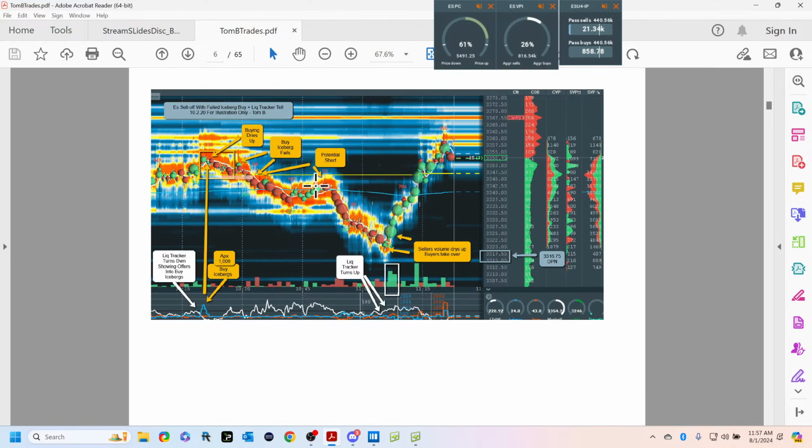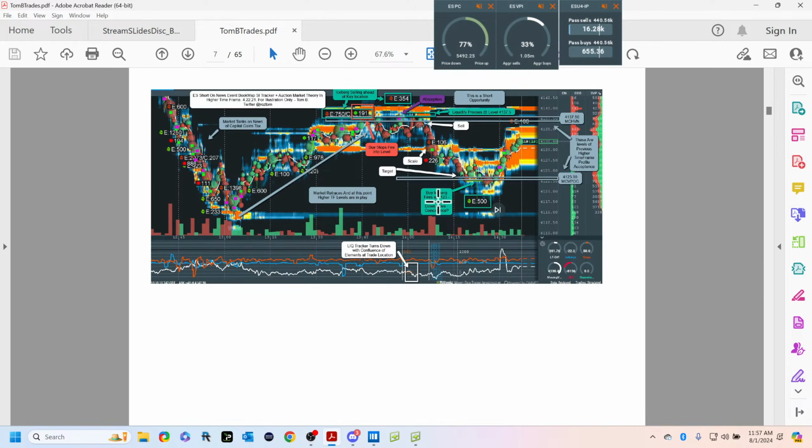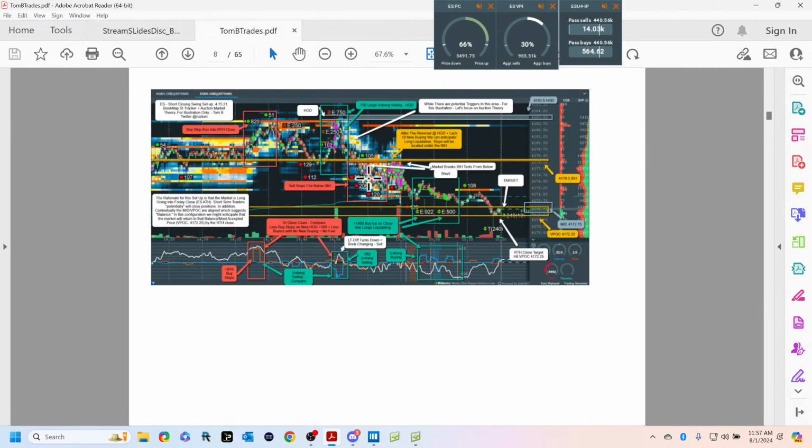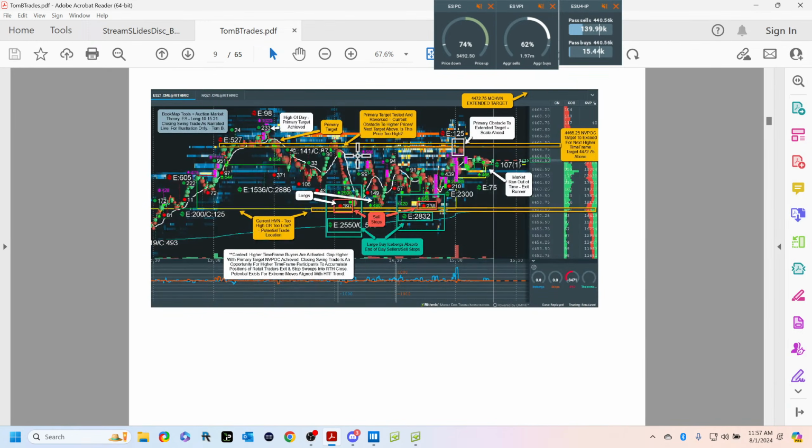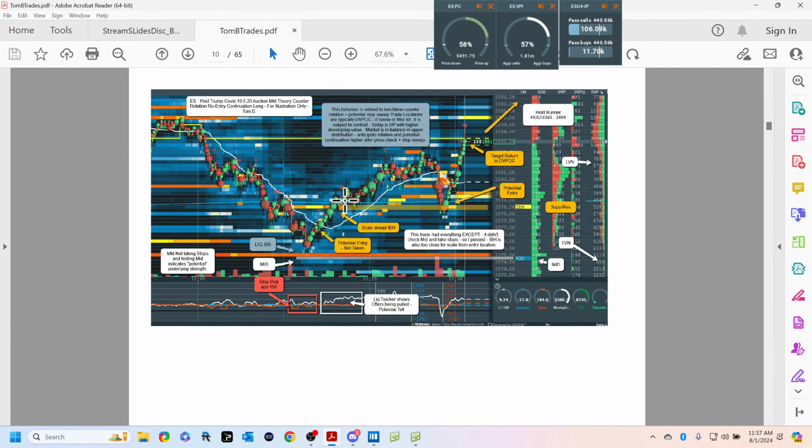I'm not a vendor. I never put these together with that intention. Traders were asking me, what are you doing? How do you do that? Oh, here, here's a couple of explanations. And there's a bunch of stuff in here. Some of it was developmental. I worked with the Bookmap developers on ideas I came up with. Some are integrated now into some of the tools in Bookmap. Others we tossed. It's the nature of experimentation and research.